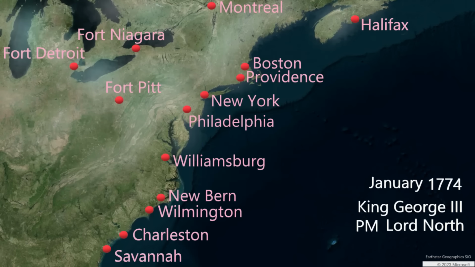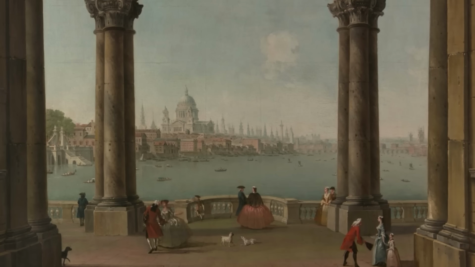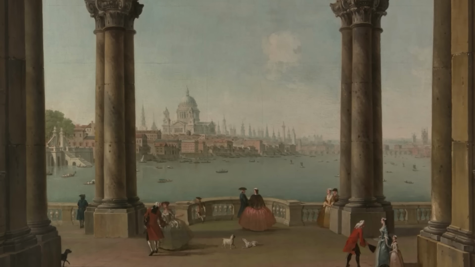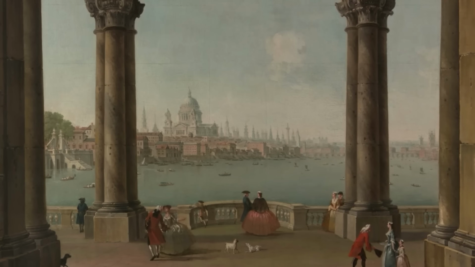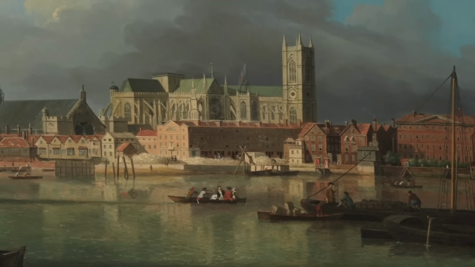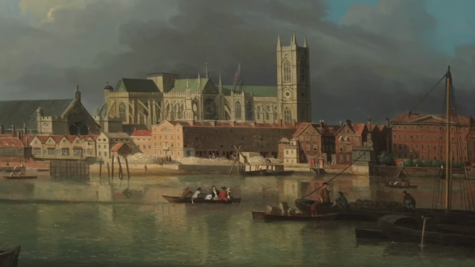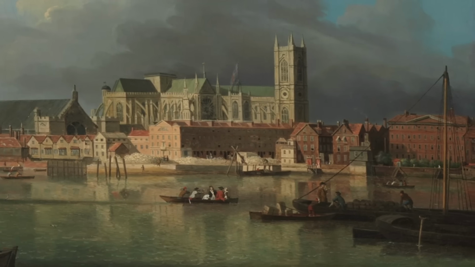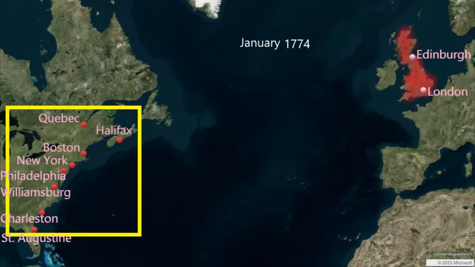January 1774. We will zoom out to a transatlantic view. Back in London, King George and Prime Minister Lord North learn of the Boston Tea Party. From the perspective in London, the Boston Tea Party is outright vandalism against a publicly traded commodity, costing the equivalent of millions of dollars of damage to shareholders. Many of the shareholders are members of Parliament. Leniency will no longer be granted. We will zoom back into the colonies.